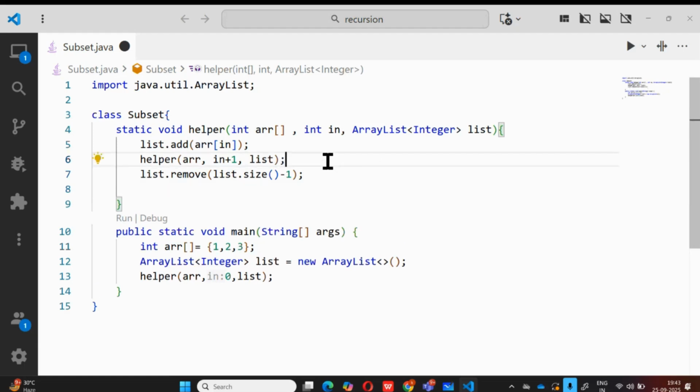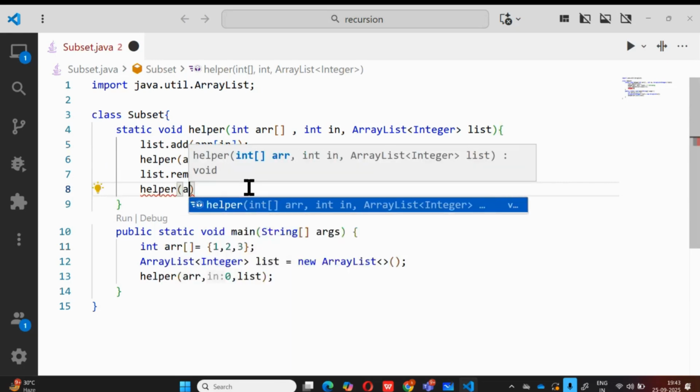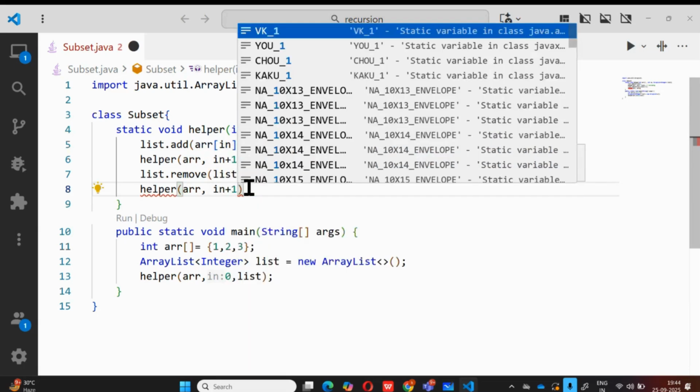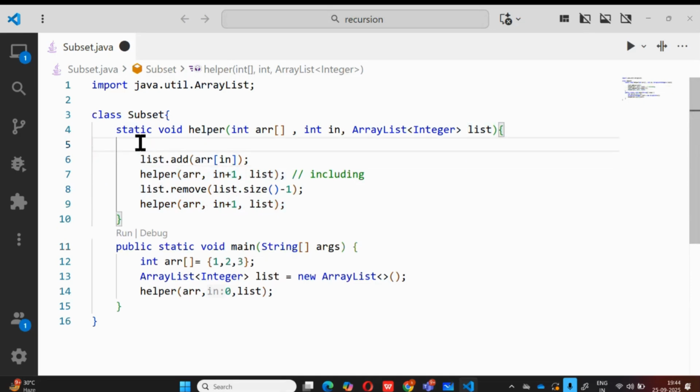And so this is basically a call made for including a particular element, and then you have to not consider the element also. So there are two cases. The second call to the helper is for that particular state: array, then index plus one, and then the list, just like this is passed. So these two calls are made. This first one wherein you are including a particular element, and this second one where you are not including that element. And that's it. At the end, we need the terminating case,